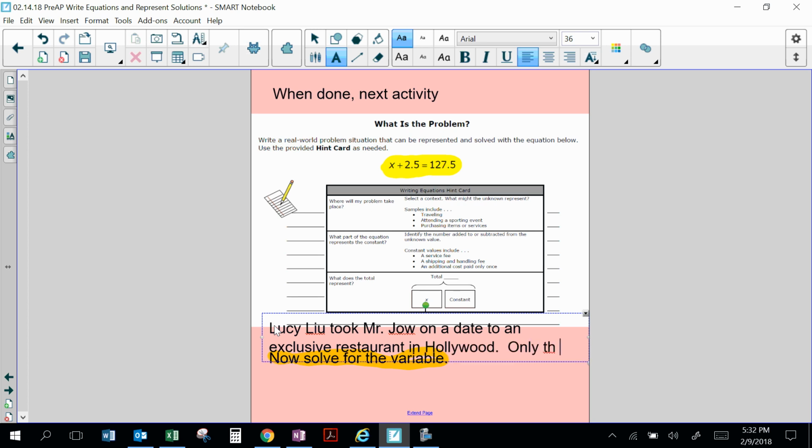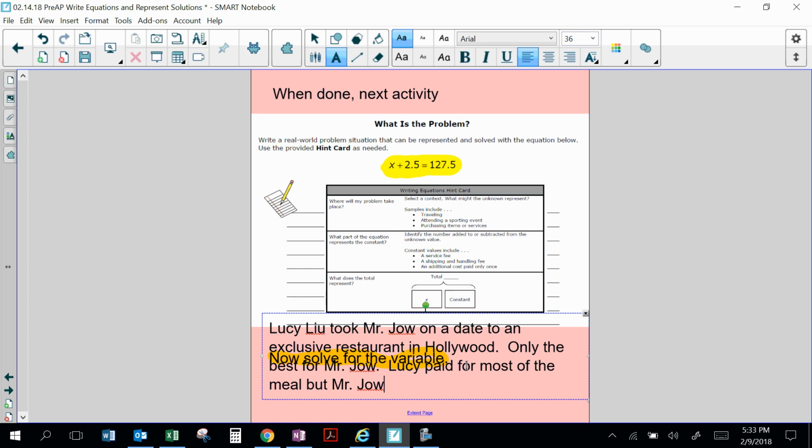Only the best for Mr. Joe. Lucy paid for most of the meal, but Mr. Joe,